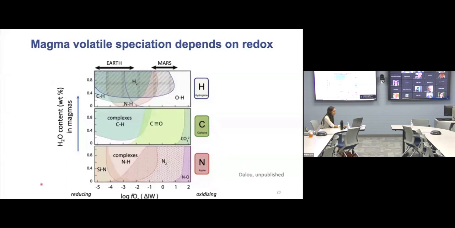The y-axis shows the water content of the magma, and the x-axis shows the oxygen fugacity in terms of the iron-wustite buffer, and the relevant conditions for the Earth and Mars are highlighted, but this map could be relevant to other planetary bodies as well. So magma content plays an important role in the